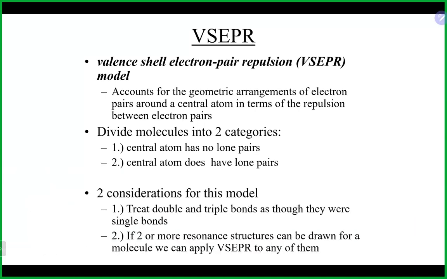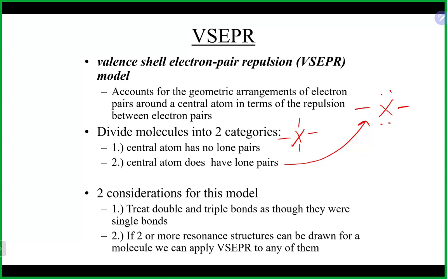And that is a mouthful there. But basically, when we do geometry, there's going to be 2 types of molecules that we will see. There are ones where you look at the central atom, and there are no lone pairs, no dots, basically. No non-bonding electrons. So they all have bonds, basically. The other type of molecule is one where there are dots or lone pairs, non-bonding electrons on the central atom, so you'll have some dots. And depending on whether or not you have non-bonding electrons there will affect the geometry names. Either they will be the same names for both of those geometries, or they will be different names depending on